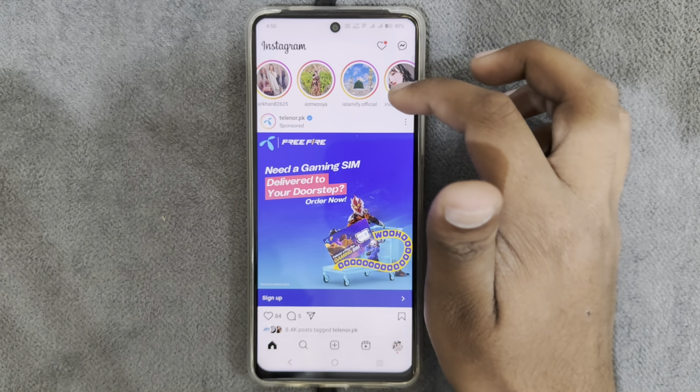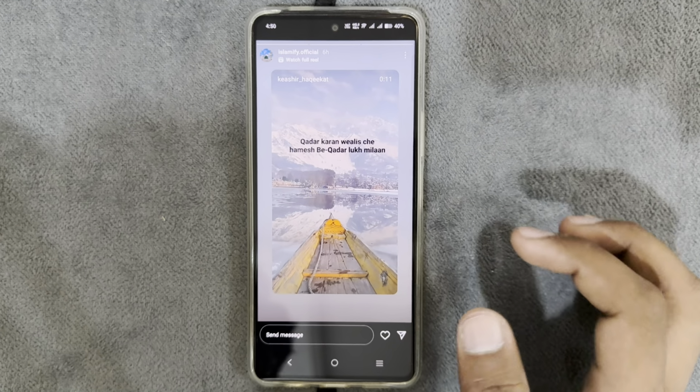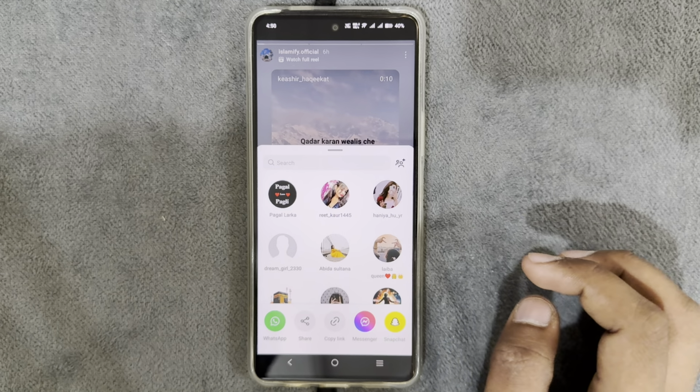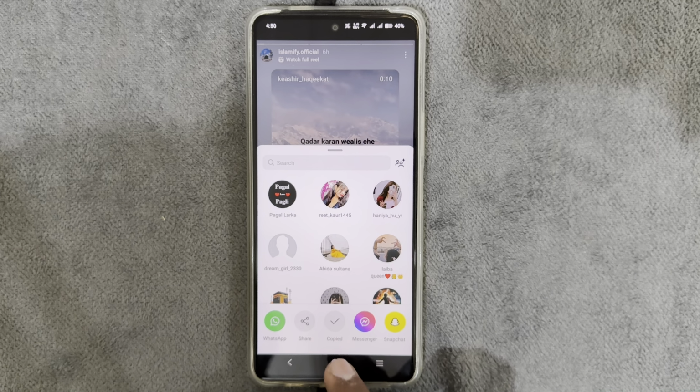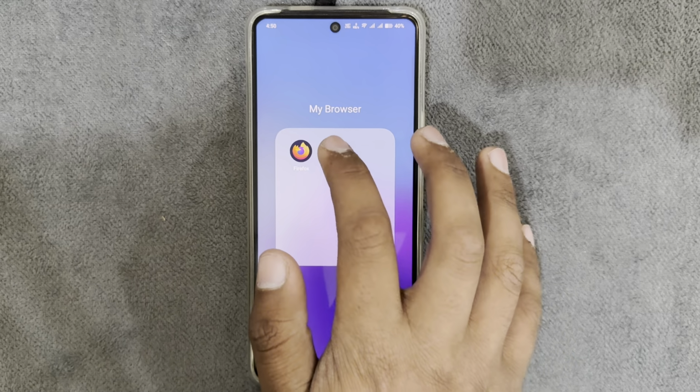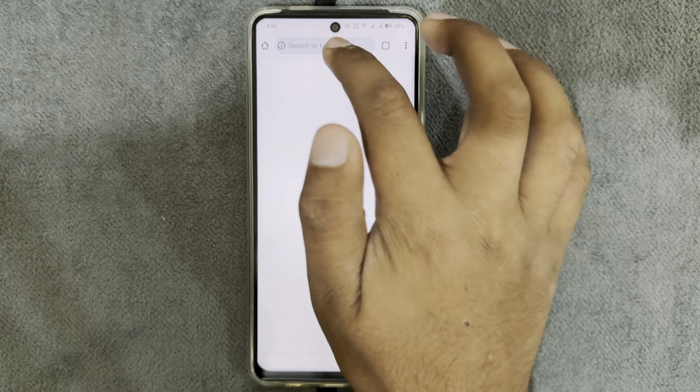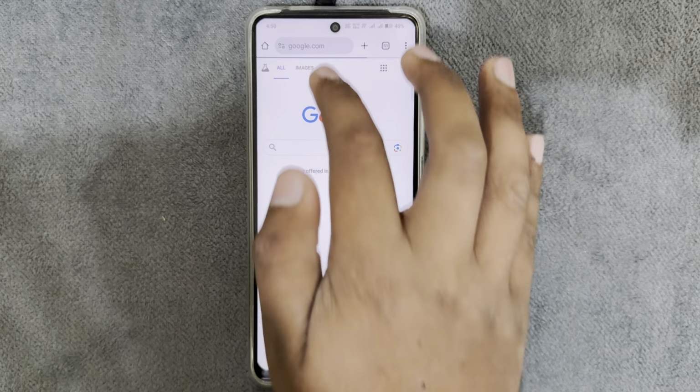As I am going to save this one, just tap on it and then tap on share, and here you just have to tap on copy link, and then the link of this story will be copied to your clipboard. Now go back and here just open your browser, and in browser you just have to search for a